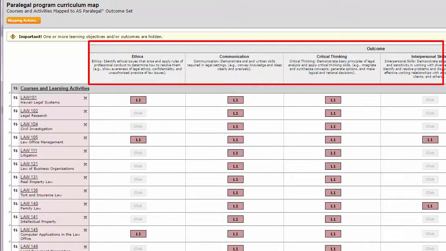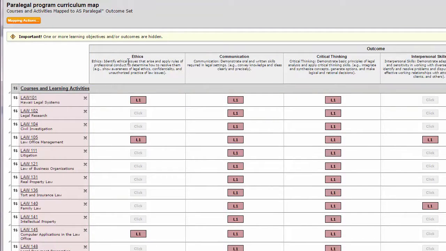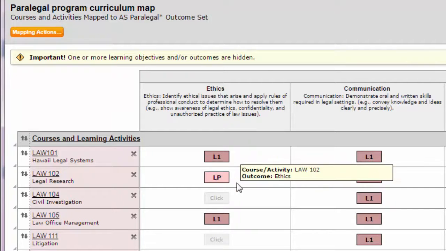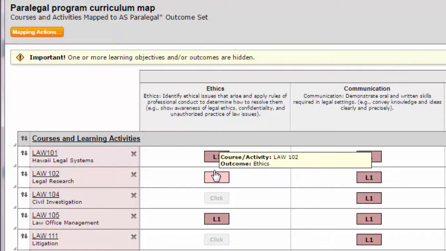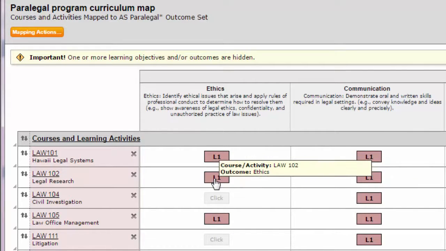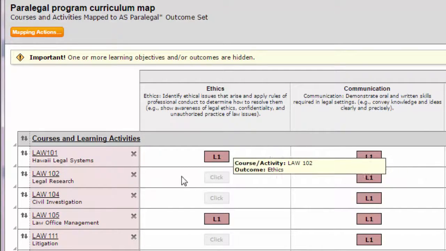After you click on that button, it will show you a table with your program learning outcomes, your PLOs across the top, and all of your courses along the side. To add a course to that particular competency, you click the button to indicate what level of thoroughness is being demonstrated in this course. For instance, LP is the beginning level of competence, L1 is the college level competence, and L2 is the more advanced level of competence. And then you click it one more time if you've made a mistake and you want